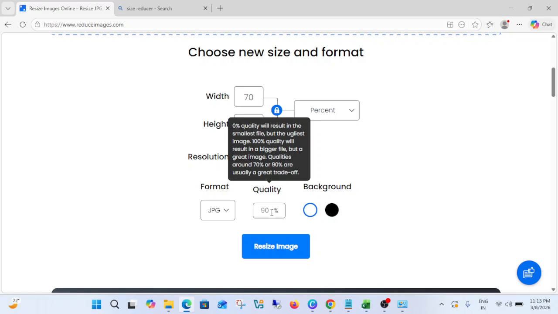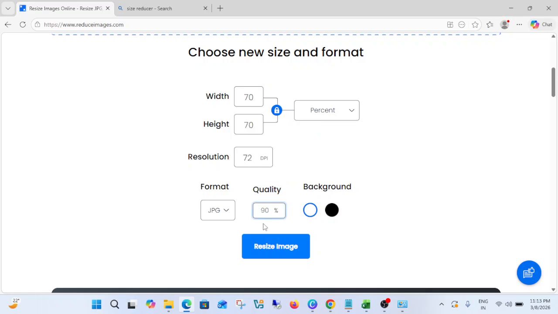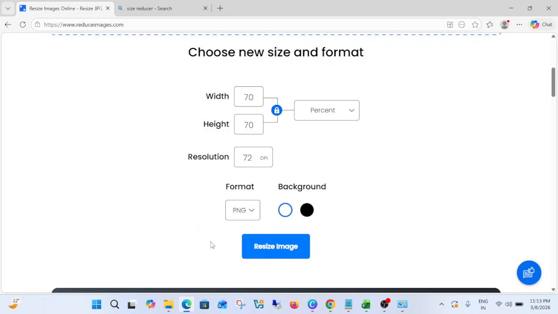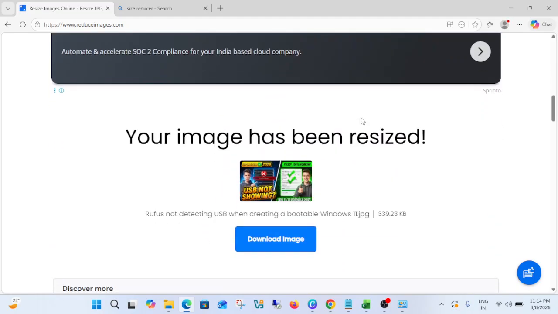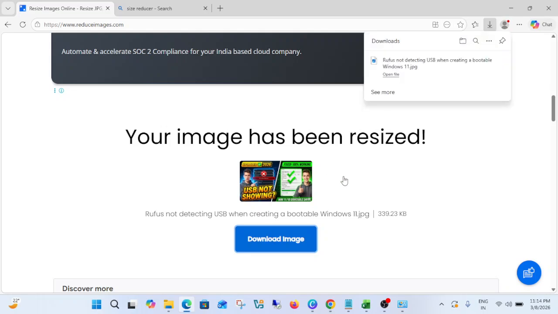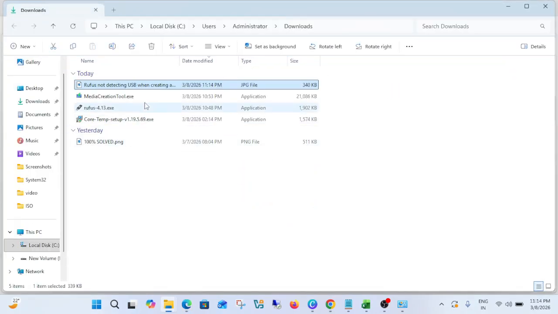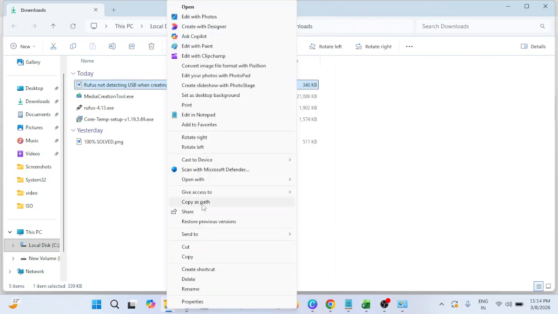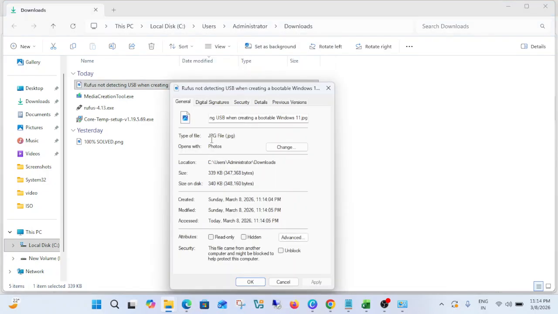The quality is 90%. I want to make it 2 MB, so 95 will be good for me. JPG, you can choose whichever you like. I'm going with PNG. Now let's go with JPG, and now let's open it and let's see the size now, and it has reduced from 2 MB to, as